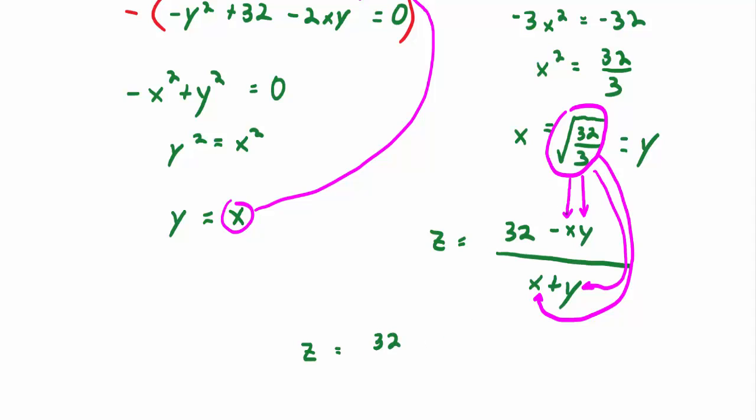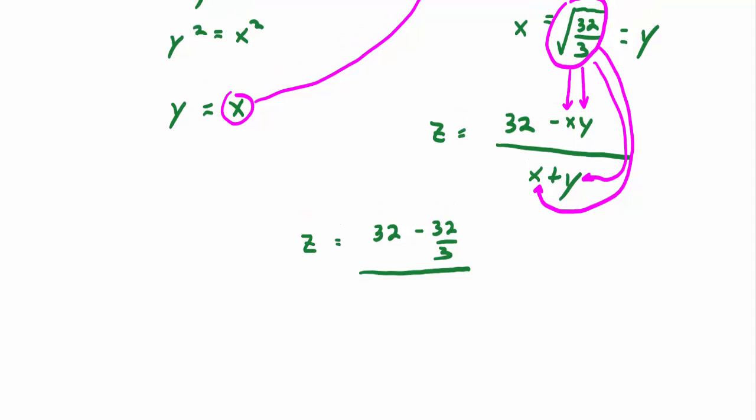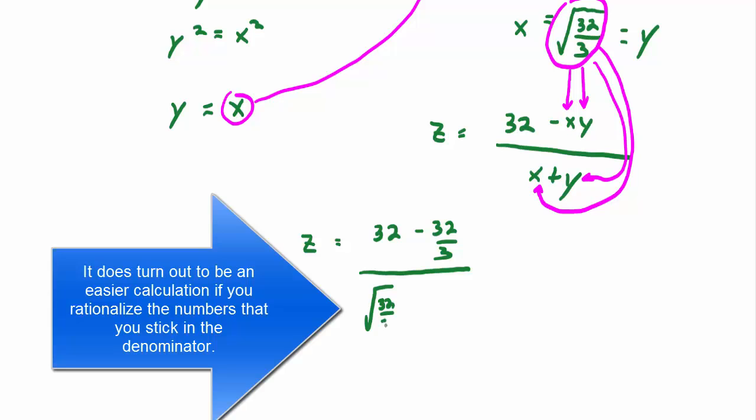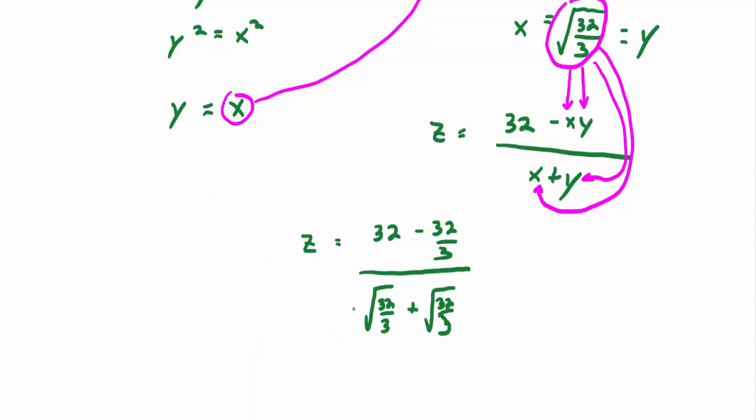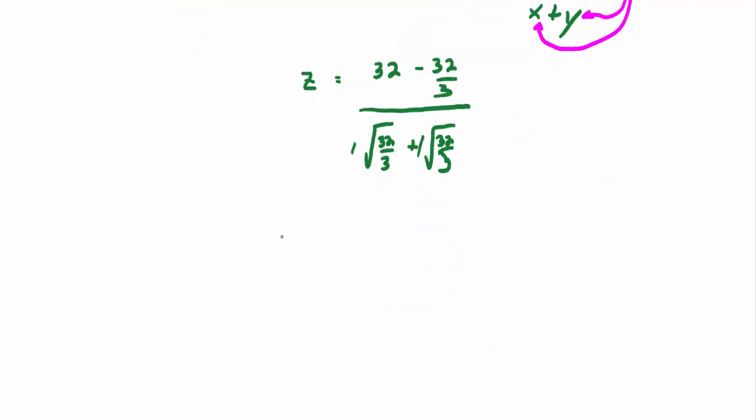32, okay, what happens if you multiply root 32 thirds times itself? You get just 32 thirds on top. That's easy enough. And then on the bottom, well, I'll just plug it in as is, and then it might be better to rationalize. Which is, you add them together, you get two of them, right? So we get z is equal to 32 minus 32 thirds over 2